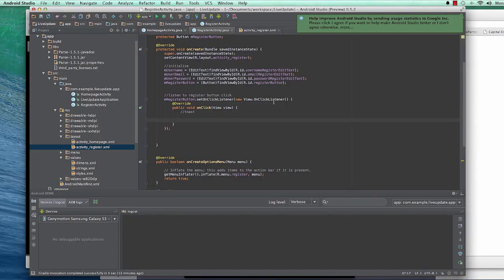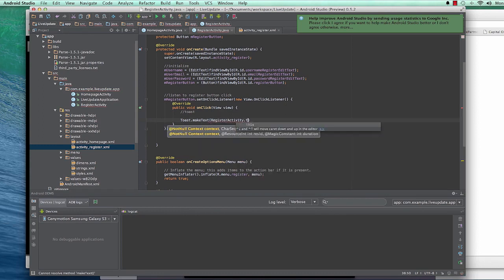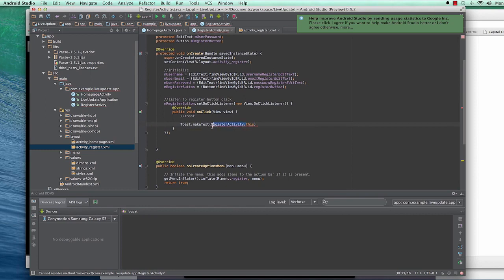So to do that, we just simply say toast dot make text, and it takes three parameters. The first parameter is the context, which we're going to say this, or in this case, I'm going to say register activity dot this, because the context, if you just say this, we're going to get an error because we are not. Let me actually show you that error that we're going to get, because explaining it just like that wouldn't really be enough. So say this, and then